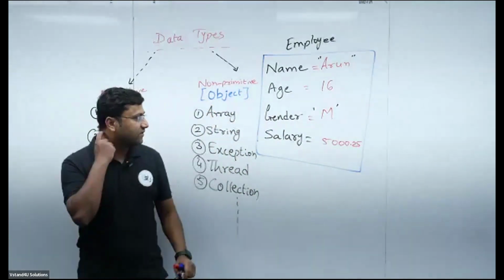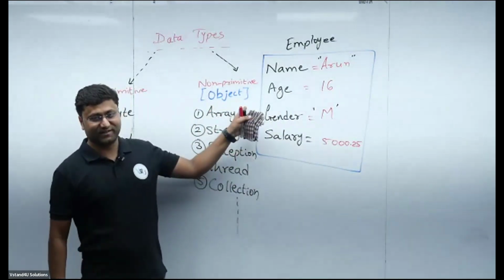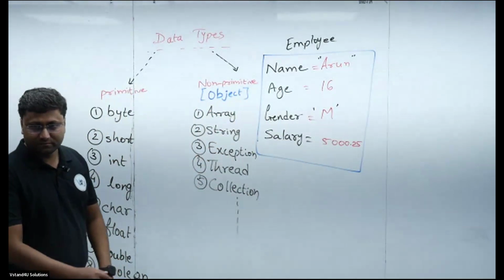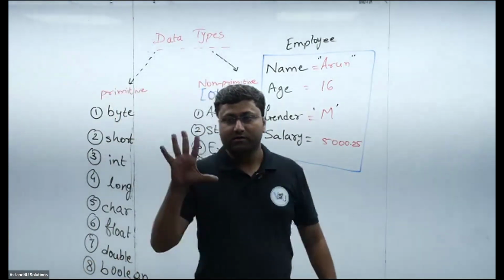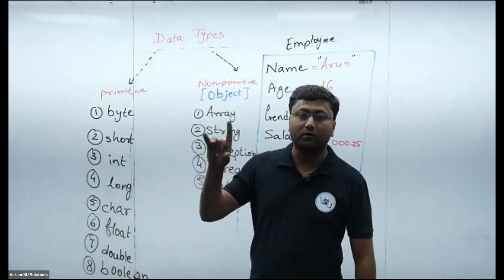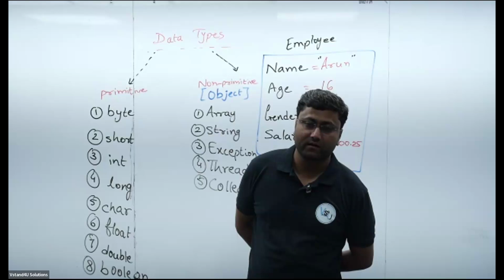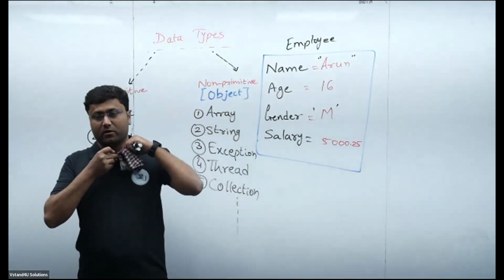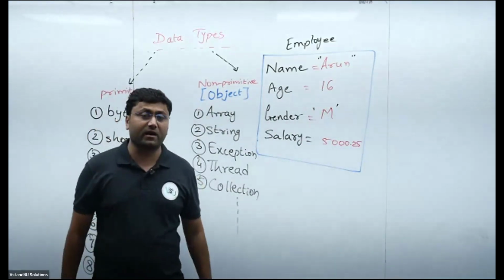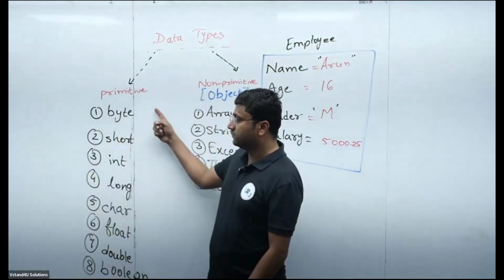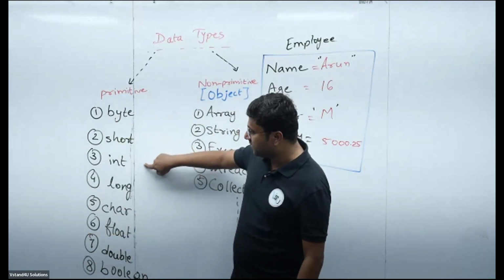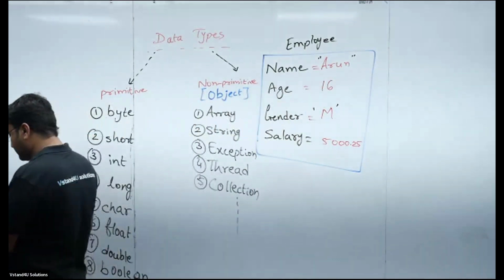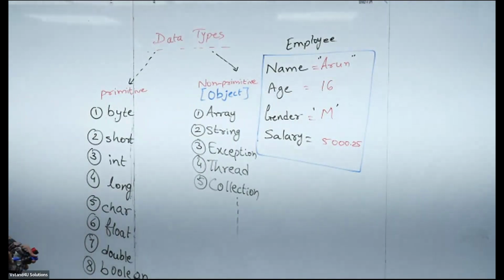This will take a good amount of time to come to this point, and many things will come in between. So as of now, simply in Java, how many types of data are there? Primitive and non-primitive. The primitive data types are 8: byte, short, int, long, char, float, double, boolean. In this, if I need to further classify,